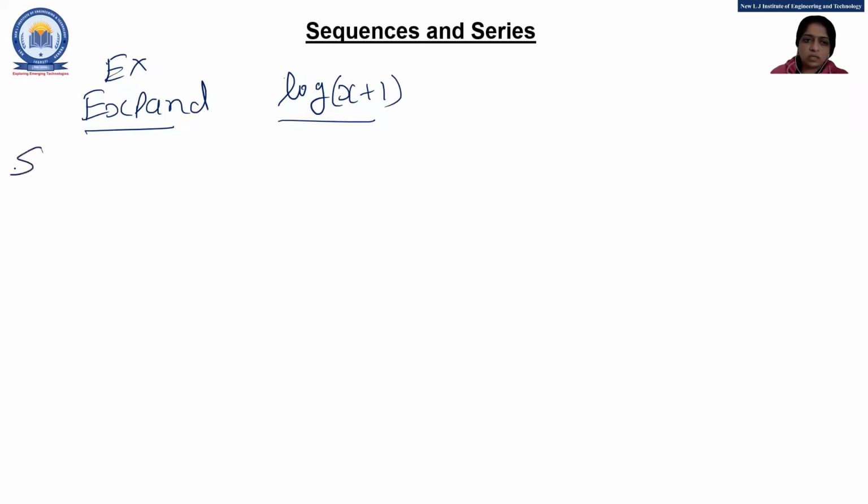So let's start the solution. Here, what is your function? Your f of x is log x plus 1, or you can also write log 1 plus x, right? So log x plus 1. Now, as they didn't ask for the particular value, so your Maclaurin series,